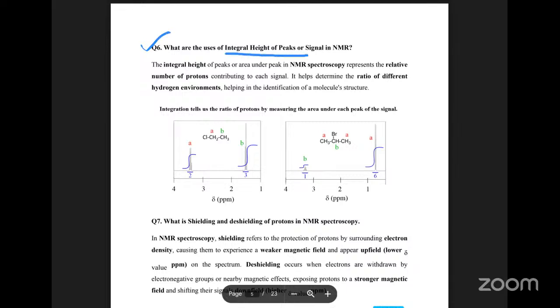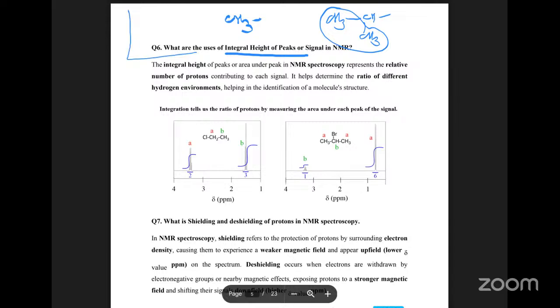Take the example, if there is methanol with just one CH3 group, I will just mention here a CH3 group, and there is another compound having 2 CH3 groups attached to 1 carbon, meaning the CH3s are symmetrical. Now if I want to see the peaks of these 2 compounds in the NMR spectrum, the height of the